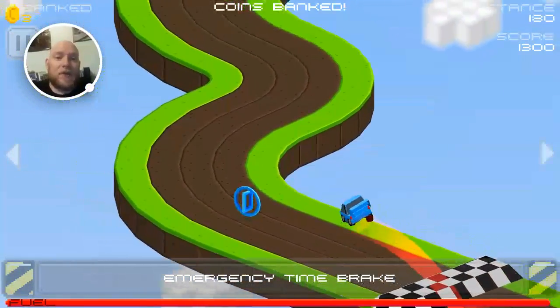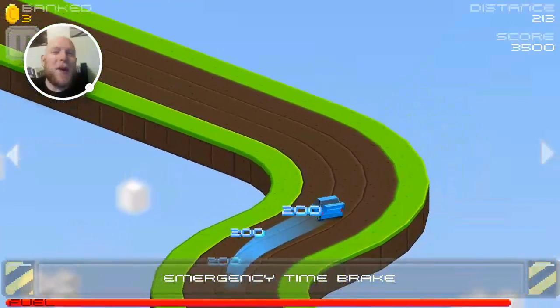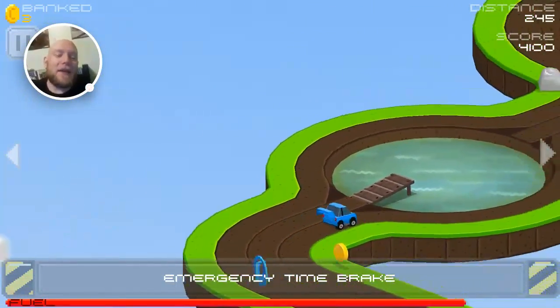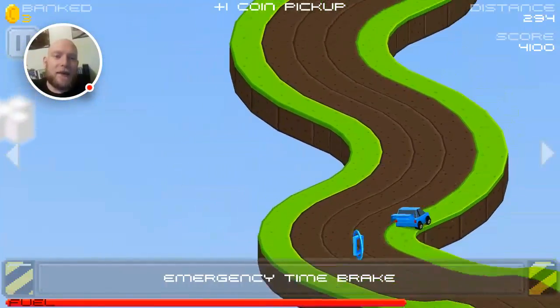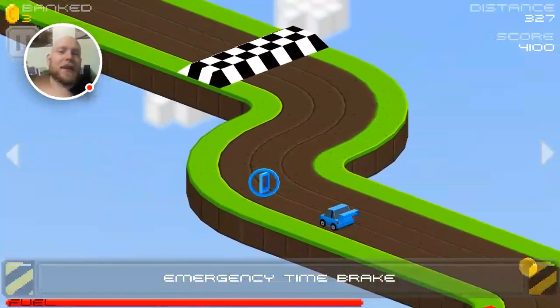And then you pick up fuel to keep your fuel meter up, because this is the endless mode, so it will keep going until you crash, which won't really be too long. It might be in this car, because this car's slow. But you dodge obstacles, basically, and keep going for as long as you can, but things get a bit...